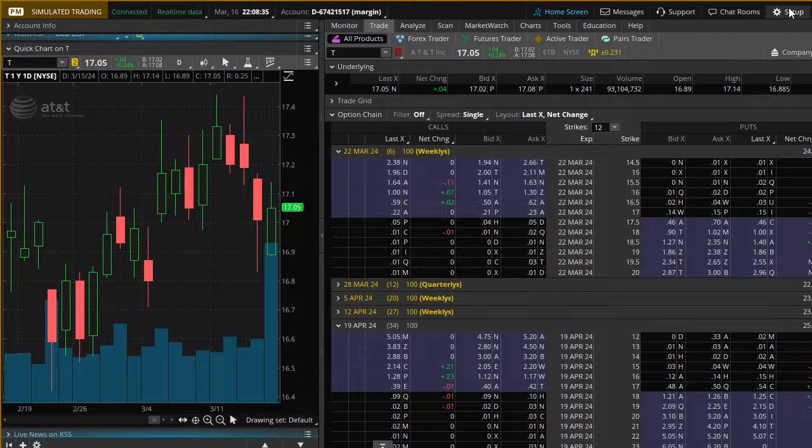All right, so that being said, that's how you check out the numbers. Take a look at all the charts, make sure they all look good. Then you take a look at the numbers. What was the last trade? In this instance, it was 1705. What's the bid? What's the ask? What was the high? What was the low? What was the volume? What was the close? All those kind of numbers are up here in the trade grid. Last, bid, ask, volume, open, high, low, close is there somewhere.